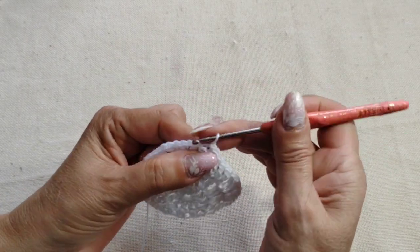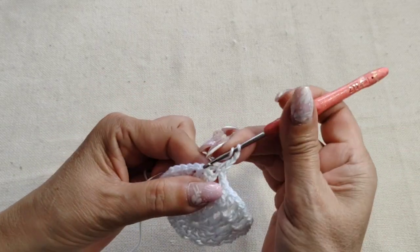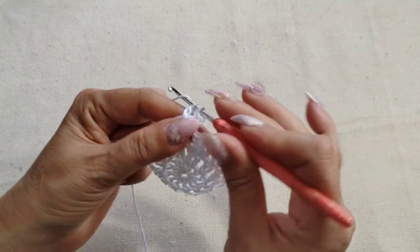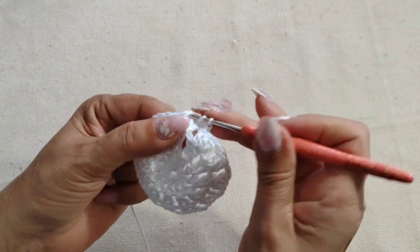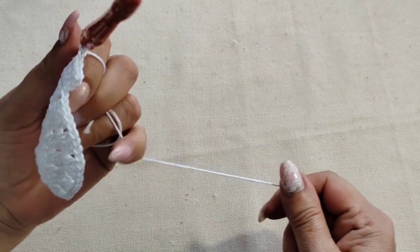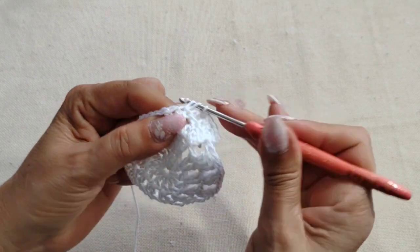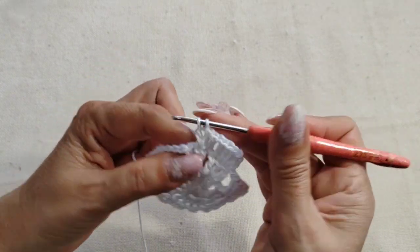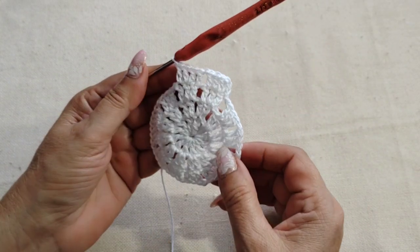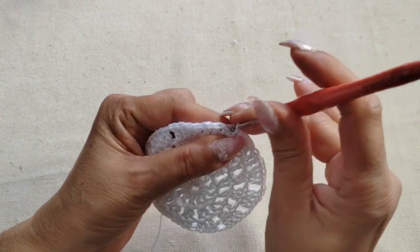So I've completed row 3, going into row 4, coming back in that same stitch I've closed in, doing single, 2 chain, my first double crochet into the middle one. I'm doing my increase of 2 double crochet. So this row 4, you should have 4 double crochet groups and 1 on the last one, 1 chain, double crochet into the middle one, increase 2 in the same stitch and 1 double crochet on the last one, 1 chain space between them. This is row 4. Okay, everyone, so finished row 4, going into row 5, coming back in,